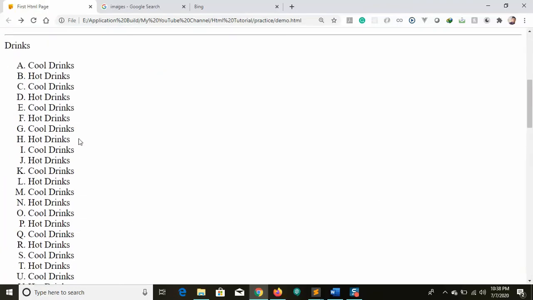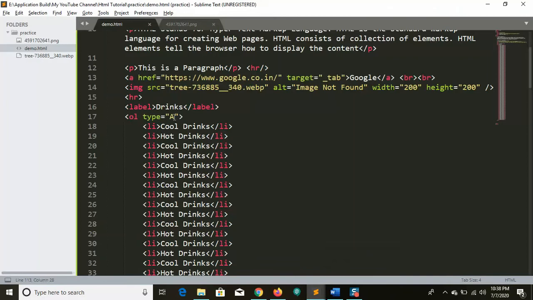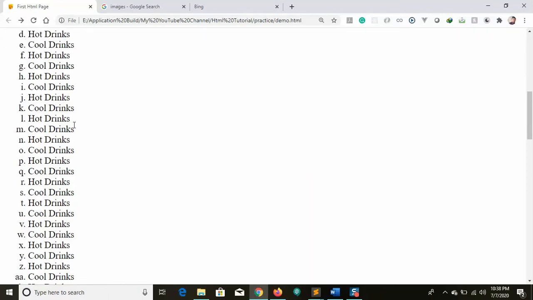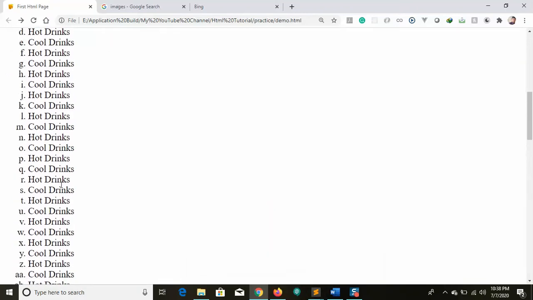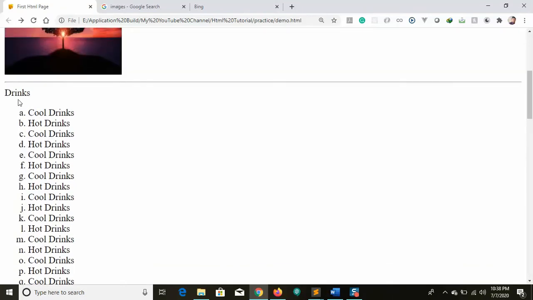In that way, we can also use small alphabets if you need the small case. The same way you will have it. So this is about the ordered list, where we can know what the order is.